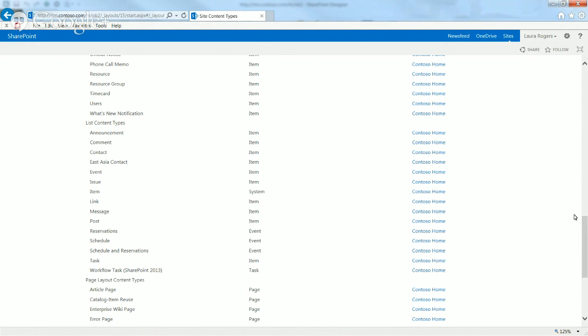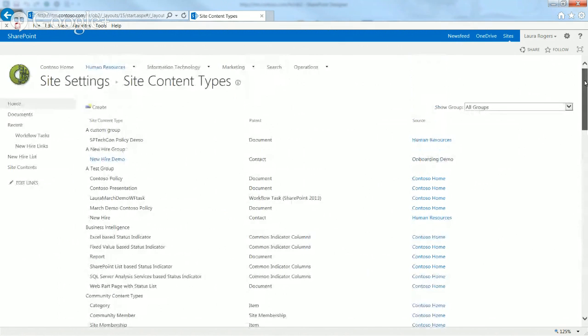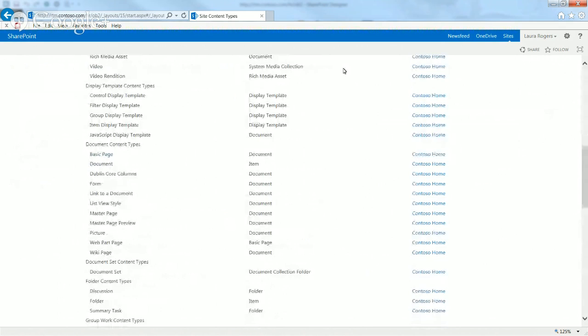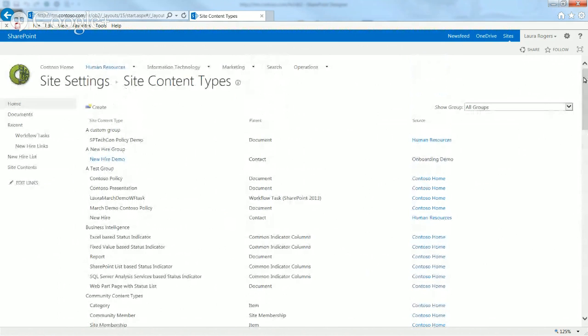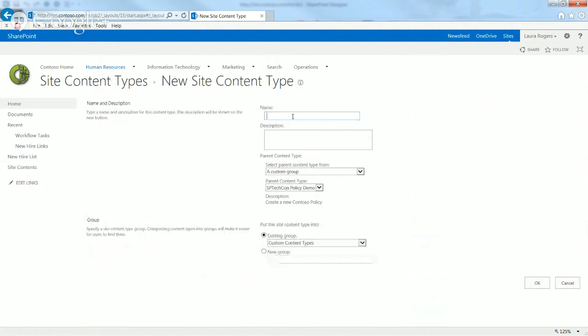Okay, so what I'm going to do is use this workflow task for the approvals, for just like the hiring manager has an approval, just approve or reject, so it's fine. I'm going to use that, but I'm going to create a couple of other custom content types for the other types of tasks. So I'm going to call this new hire phone task. I'm going to be very specific. Gets assigned when new hire's phone number